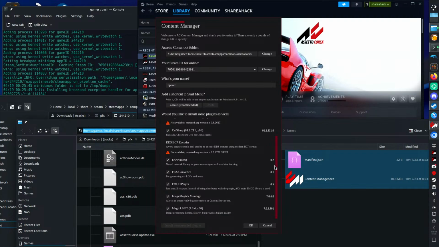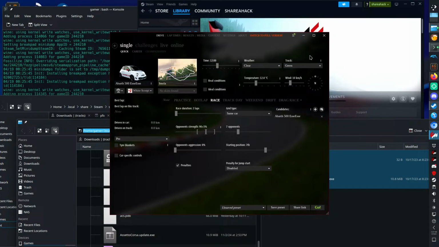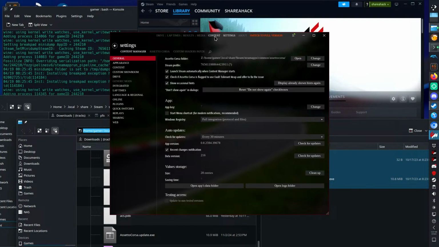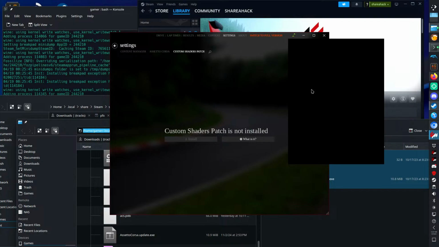Encoder is not available. Okay, so this is done. I think let's try. So we have it. We have the CS content manager here. Let's see. We have custom shader patch install. Let's see if it does the thing on its own. Normally it should do. The issue with this black screen is the background, so we can just disable